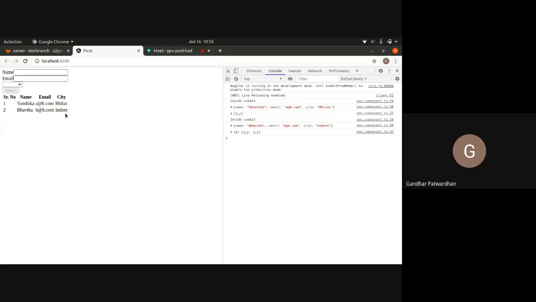Because it is pushed in that array and we have used data binding to display that array in our table, we are able to see this table here. So again, this is two-way data binding. Is it clear?